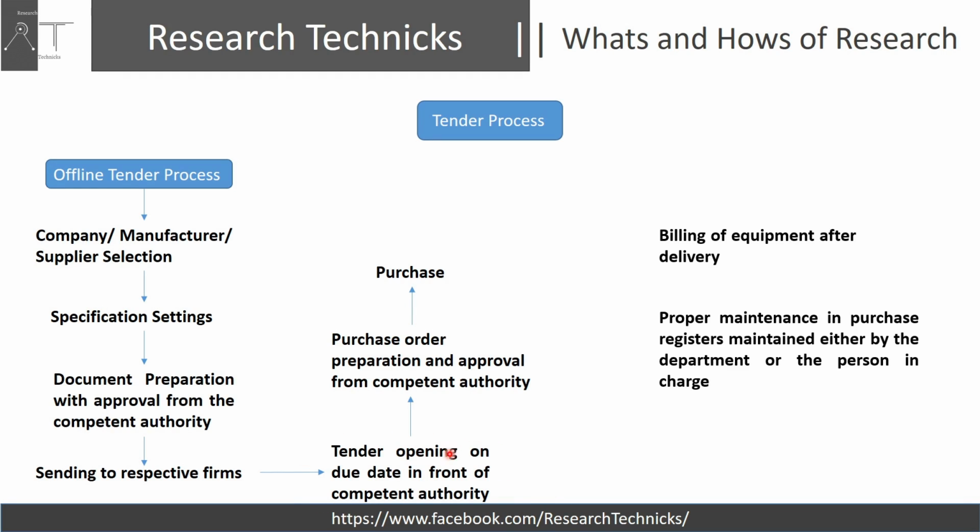And once this has been opened, okay, again you have to prepare a document. The document in the sense you have to compare whose price is the lowest one. You have to prepare a document in which you state firm 1, firm 2, firm 3, firm 4. Okay, and one thing I forgot here, in the offline tendering process,